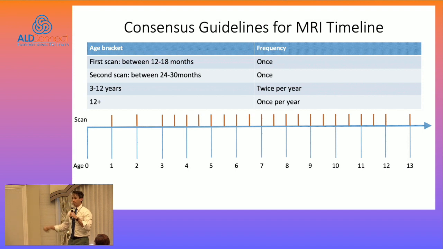We picked a window because I live in New York City, and if you tell a parent you need a scan at 12 months and 4 days and 68 seconds, they will schedule it at that time. So in the effort of not scaring people away, as Dr. Dang said this morning, we were thinking about how we can account for time. So get the first scan between 12 and 18 months, and then get the second scan a year thereafter. And then once you get to between the age of 3 and 12 years, which is the highest incidence of cerebral ALD, get a scan every 6 months.